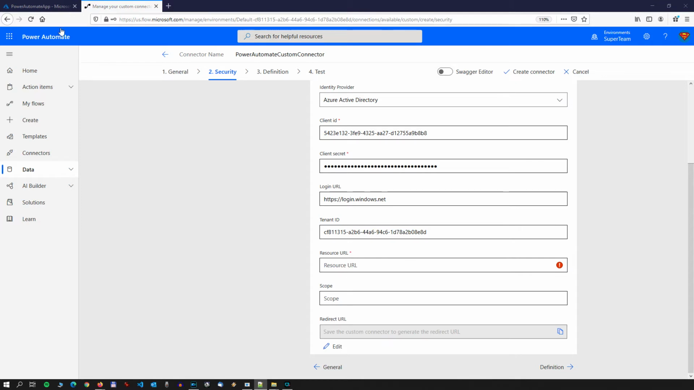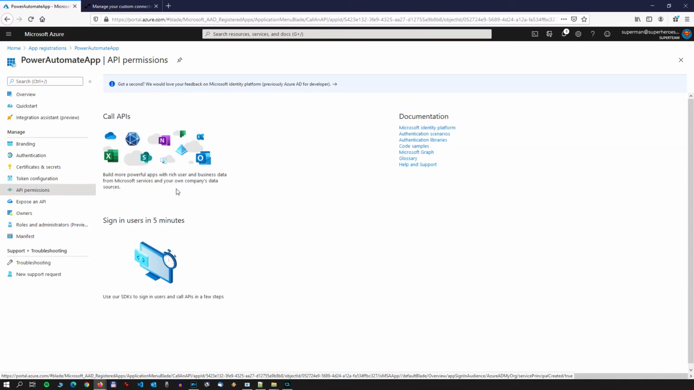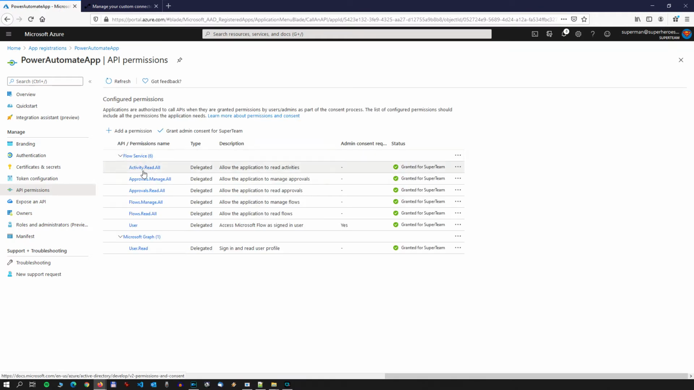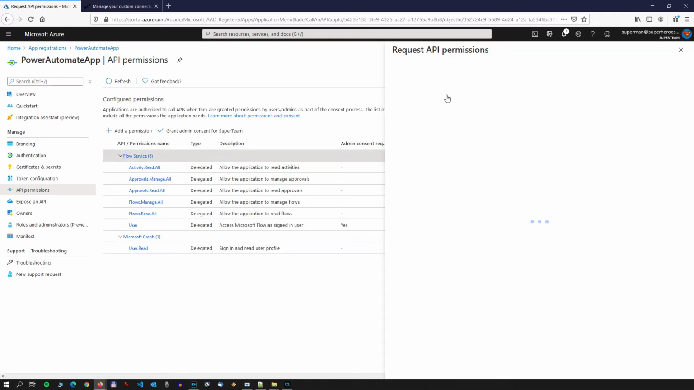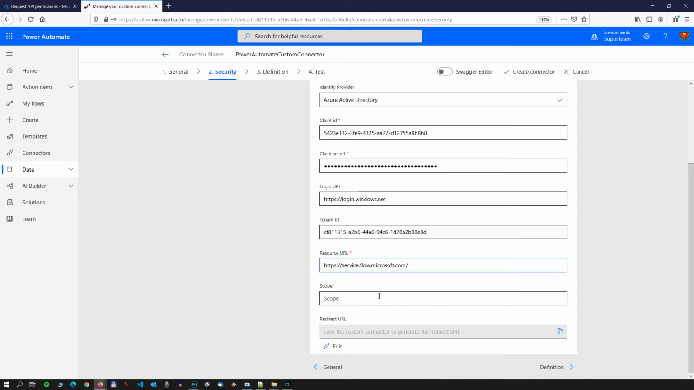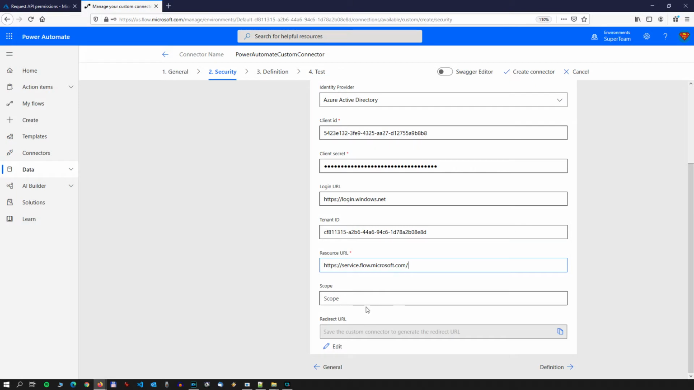And then resource URL. The resource URL, if you remember, if we go to API permissions and we click on the permissions, so if we go to flow service, it's here. Okay, so we're just going to copy this and paste it here. We're not going to give it any scope, okay, because our service principal is already scoped with everything we need. So we're not going to put anything in here extra or anything like that,